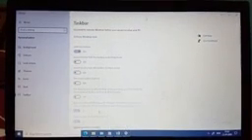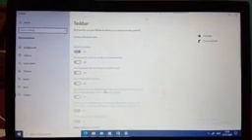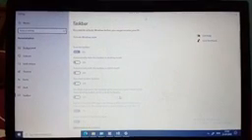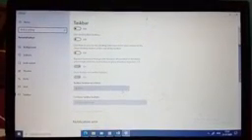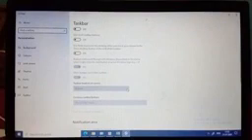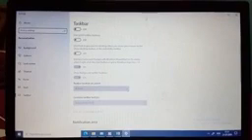Okay, and next one is use Peek to preview the desktop when you move your mouse to the show desktop button at the end of the taskbar. Okay, now one more facility provided by the taskbar is taskbar location on the screen. Now here when you click on this drop down arrow, you will get 4 options. Which are they? Top, bottom, right and left. Means you can place your taskbar on top, bottom, right and left according to your choice. But normally we place the taskbar at the bottom.